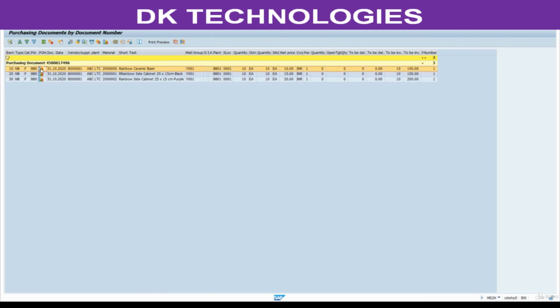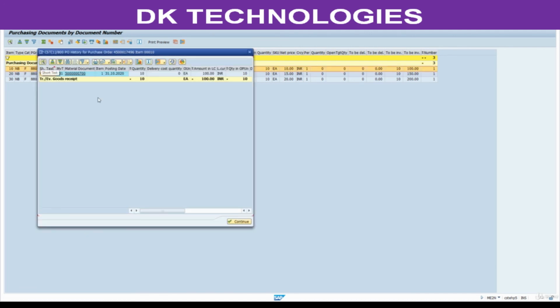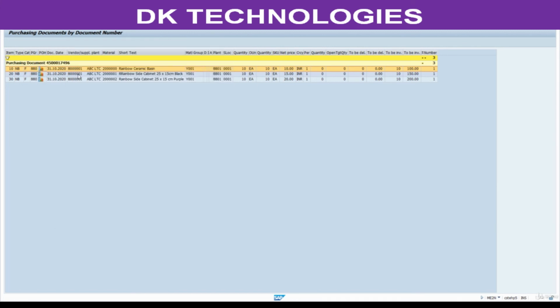Click on this one. You are going to get the document number. So there are many ways. If you know the T codes, with one T code you can drill down and navigate to the bottom level. See, there are many ways to reach documents here. See here, information. This is received against the WE document, 101 movement. This is the MM document. Quantity is 10. If you want to see this document, click on this one.